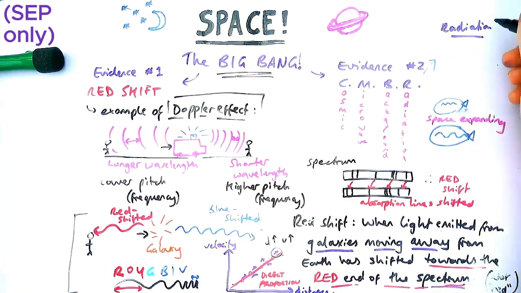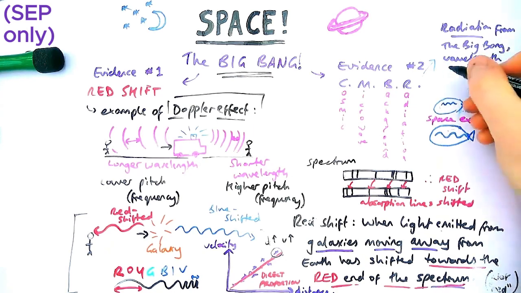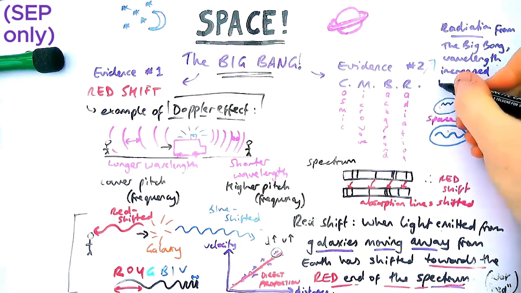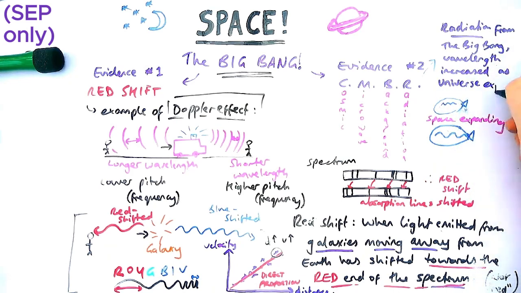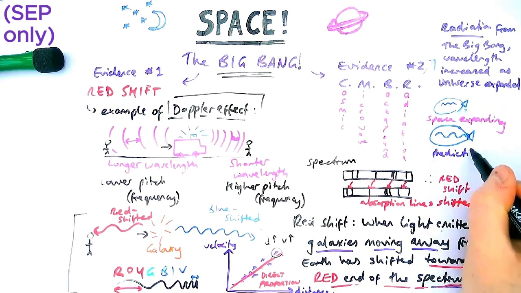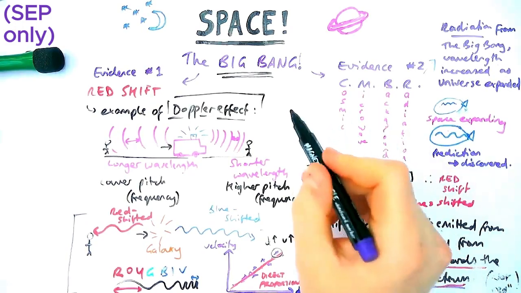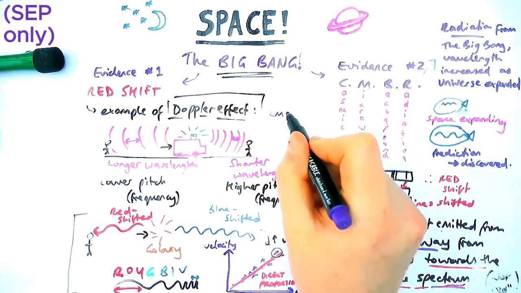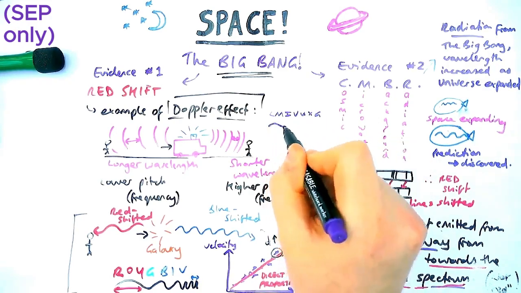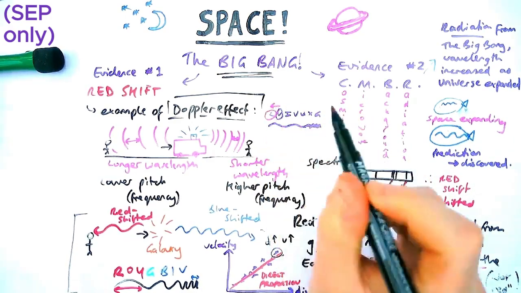CMBR is to say that this radiation is from a long time ago, from the Big Bang itself, or the very short seconds after the Big Bang. Its wavelength has increased as the universe has expanded outwards. And this is a big deal because it was predicted before it was discovered. So this is massive evidence for the Big Bang being true. This radiation has expanded to the microwave region of the spectrum. Now, if you were in school in a few billion years' time, and you looked at the EM spectrum, currently it's microwave. If it was to expand even more and have a higher wavelength, it would actually